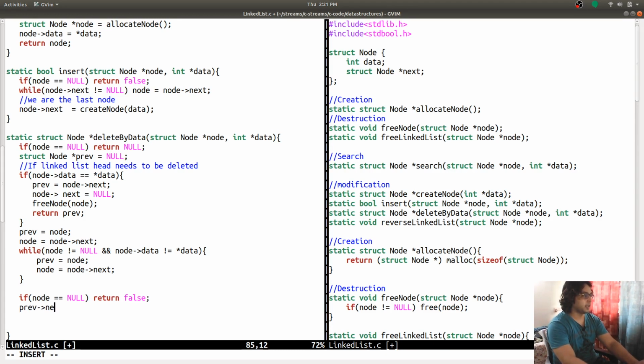prev next is equal to, right now previous node is pointing to the node that has the data. Now it is pointing to the next node of the node that has the data that we are going to delete. So previous next is equal to node next. So now the link has been broken. I'm moving directly to escaping this node and pointing to the next of the data containing node, and node next is equal to null. Now this node is isolated. It is not getting pointed to by any other node, and it is not pointing to any other node, and